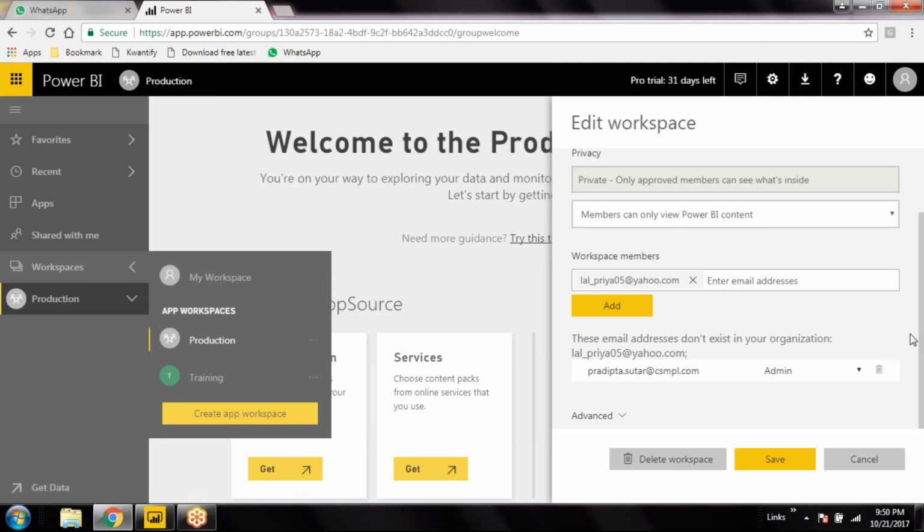Normally Yahoo and Gmail are not allowed, because people may come here and make a registration, get a taste of the Power BI server, and after 60 days they will leave. So they only allow verified professionals, and they also check their company details. That's why your email address does not exist in the organization, because my email address has a separate domain name. You can see here,